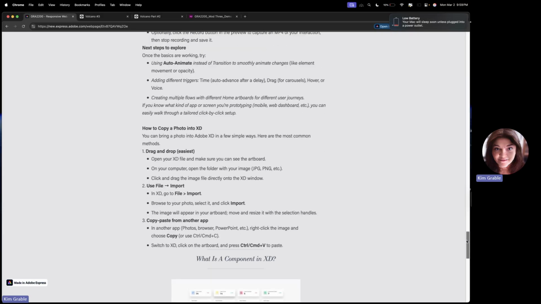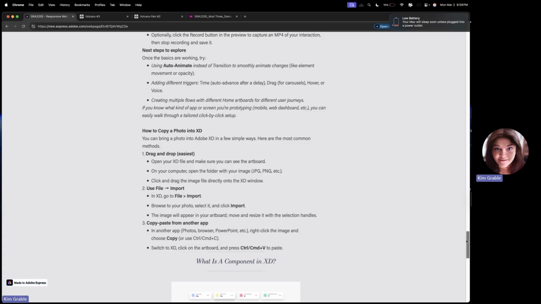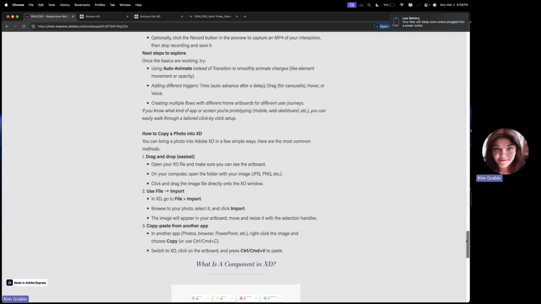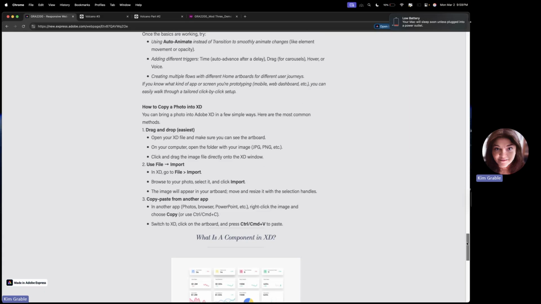Okay, so one more thing I want to kind of throw out there so you'll know it. You can copy a photo directly into XD. You can drag and drop. That's the easiest way. And then you can resize it. Be sure that it's an image format and that it's not stretched and out of proportion, because that makes me crazy, and